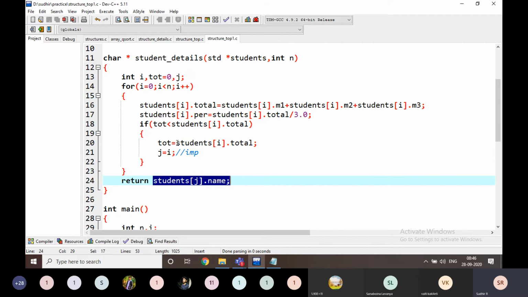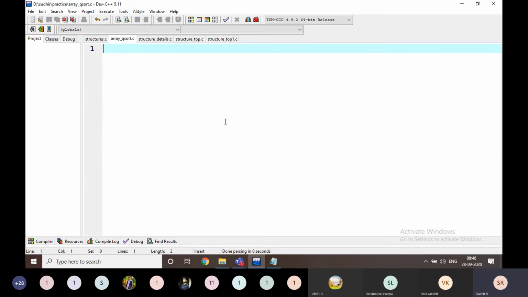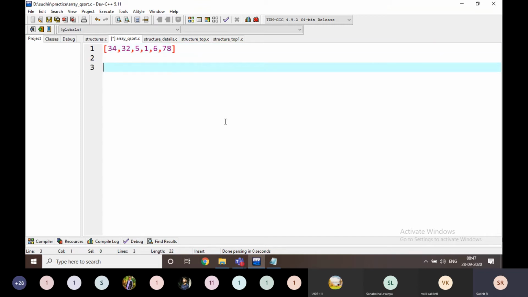Before going to the next concept, I'm going to explain what qsort is in C programming. For example, if some array of values is there, like this, and I'm going to sort it, I would go for some sorting techniques.